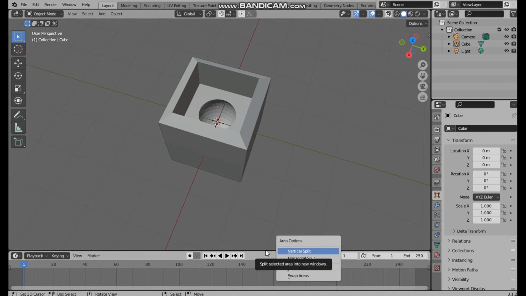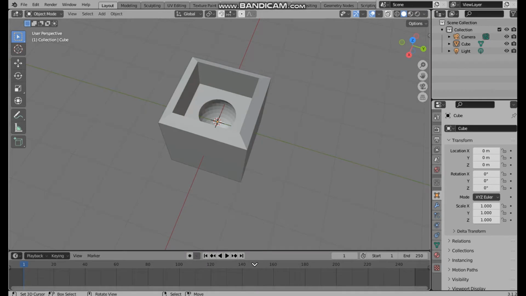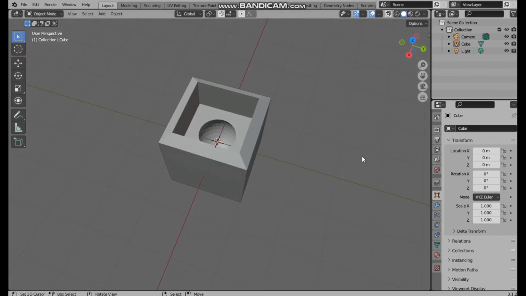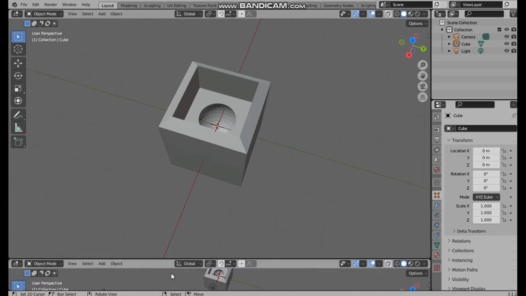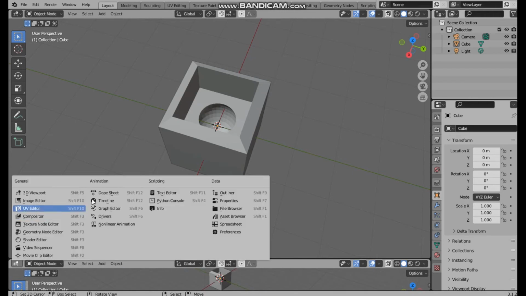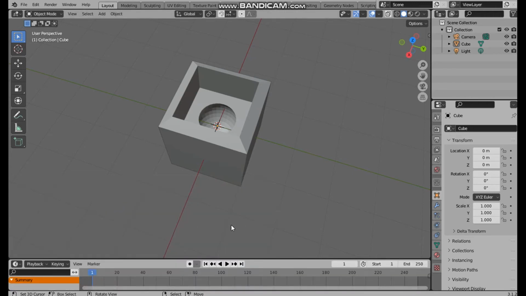And if that's not there at all, let's just say this area isn't showing up and you've got this messed up somehow. You come down here to the double arrow, horizontal split, and drop that in. It's probably going to default to the 3D viewport. Then you can come over here, drop in timeline,